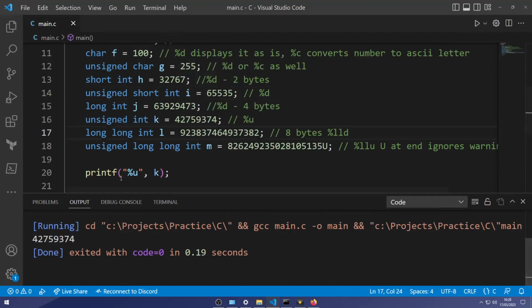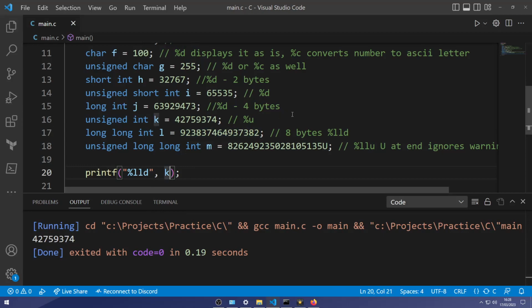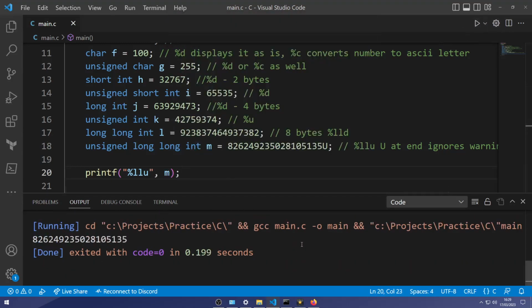The long long int, to type out this big whole number, we'll call %lld, and our name was L. Now to type out our unsigned long long integer, this big long one with the U at the end, we'll do %llu and an M. And as you can see, there is no U that got printed out for that number. But if there was a warning in that number, it would just ignore it because of that U.